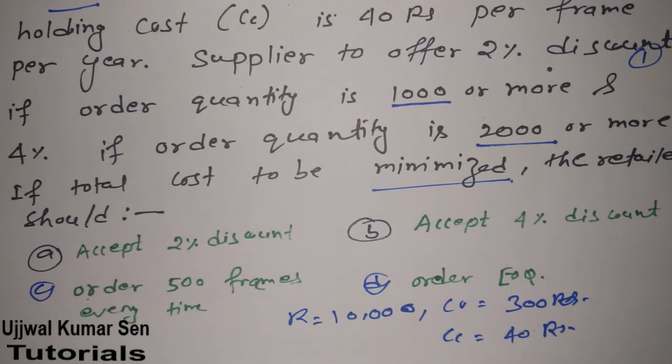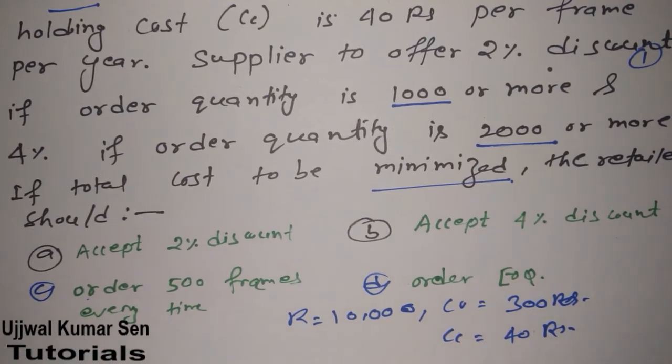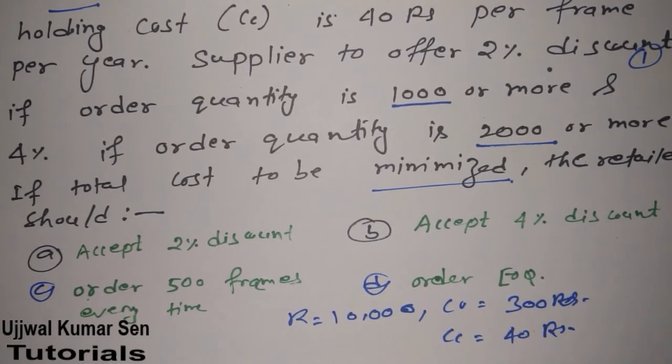Now let me share one thing. This is a lengthy question. This is not a tricky question that you will solve within 1 minute. That's not possible. You have to find out all values for the different conditions we have given. Then you need to choose in which option we are getting the minimum value. If you come to know how to solve this question, then half of inventory control is clear. At least for the deterministic model, the Wilson-Harris model, you can solve problems quite easily. I have already shared with you what the Wilson model is in detail.